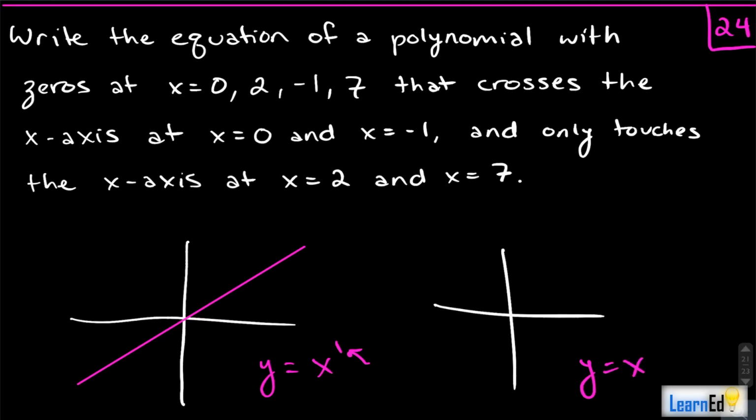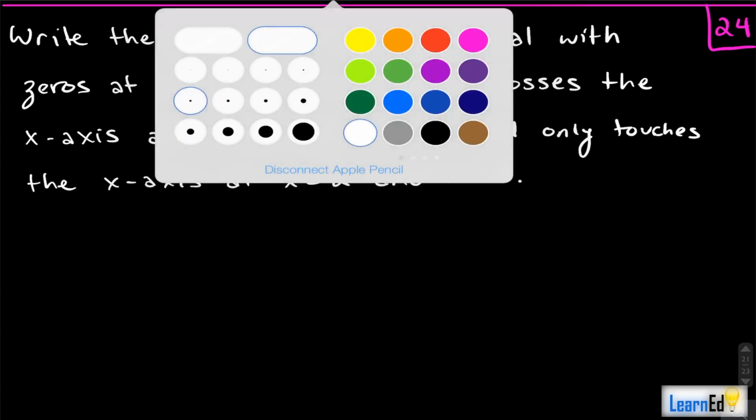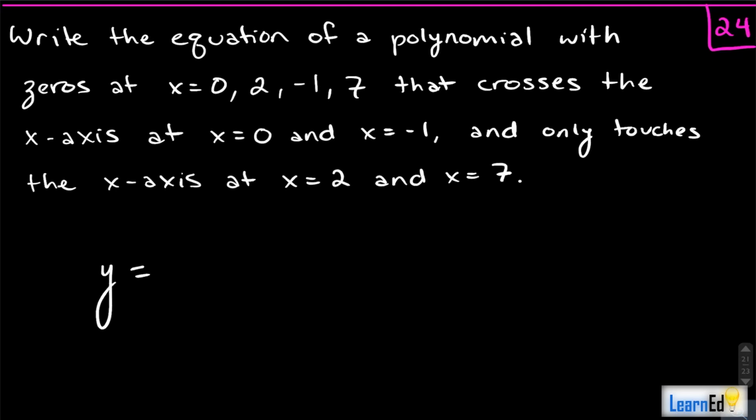And what about y equals x cubed? 3 is odd. So you'll get something that looks like this. It goes through the x-axis. It doesn't just touch it like x squared does. So hopefully that makes more sense. And that's really going to help us with constructing our polynomial, because we'll just set y equal to